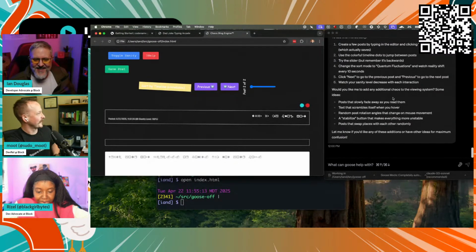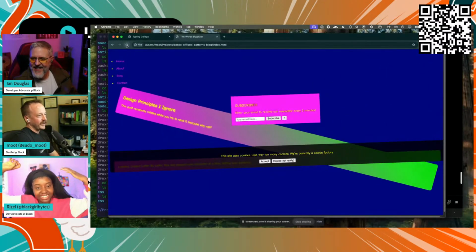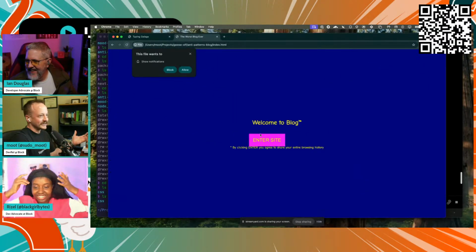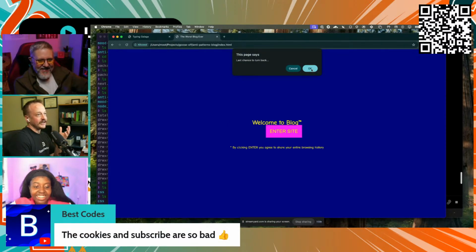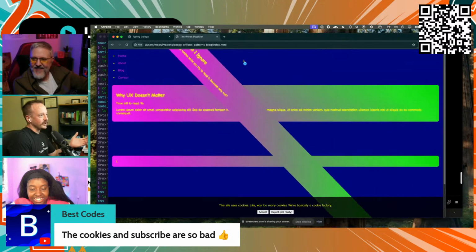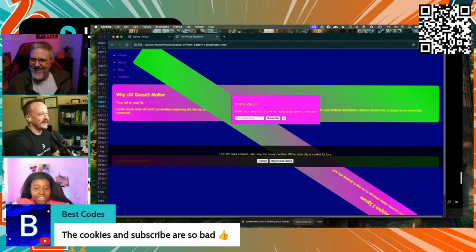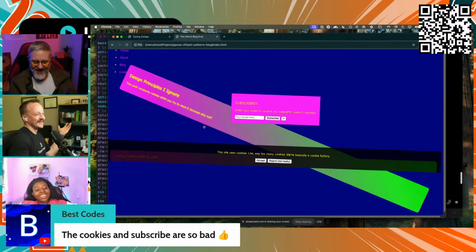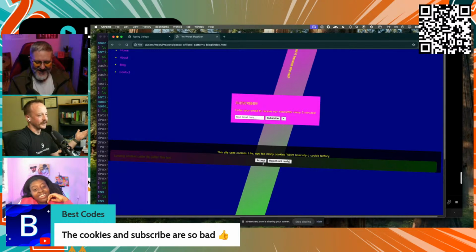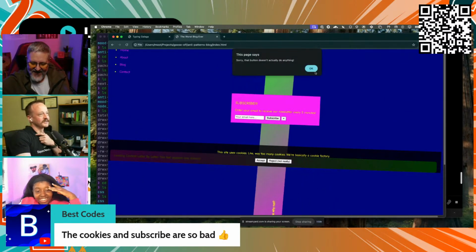Be perfect for the prompt. And then I think I cut off Moot a little bit on what he was showcasing. I still haven't figured out everything that it's built because it's kind of ridiculous. I realized there's a timer on one of these posts. You only get like 10 seconds to read this first "why UX doesn't matter" thing, and then it just goes away. And this other post is still loading letter by letter, but I can't make the cookies go away. It looks like we're basically a cookie factory.